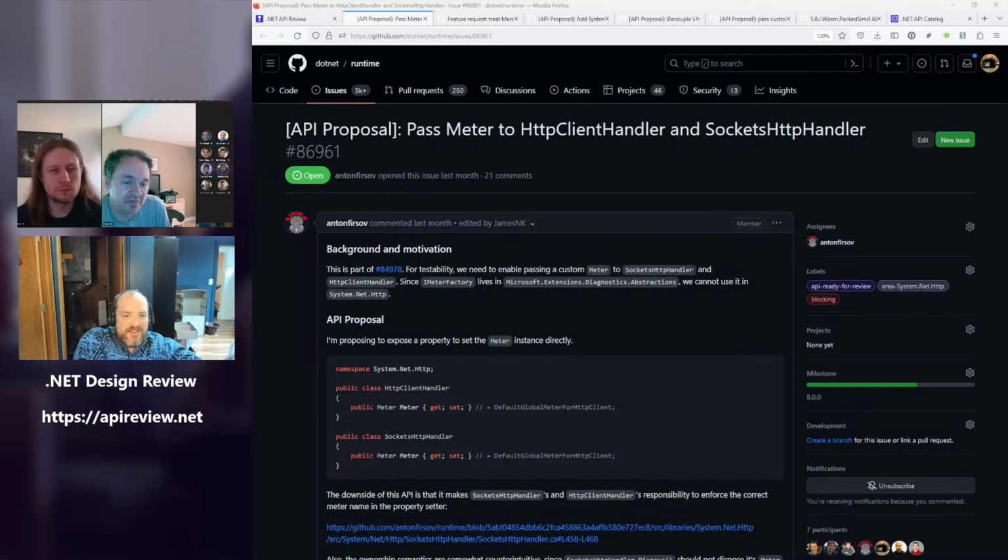But for example, we currently have event counters in SslStream for handshake counts and duration. And if we want to replace them ever, we may want to consider Meter to be injectable or configurable there as well.